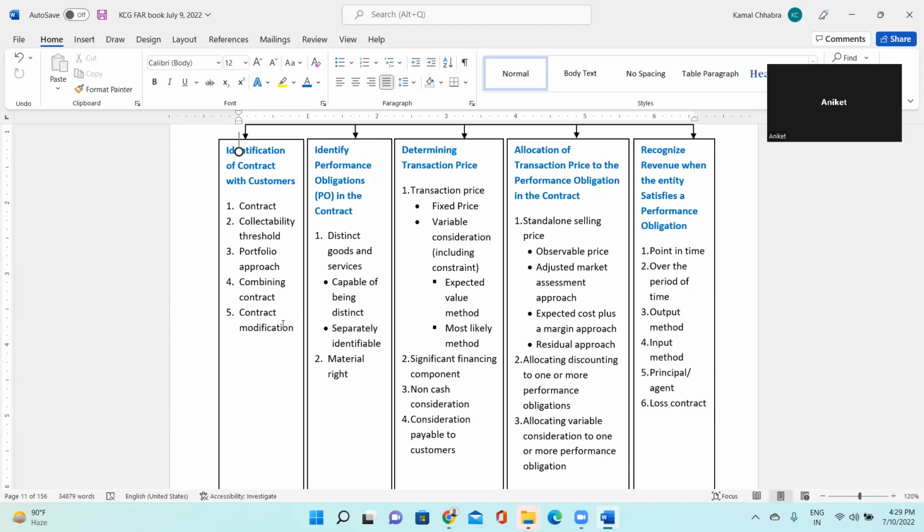So that is called input method, where you are providing raw material, labor hours, manpower hours, machine hours, right? That is called input method. Output method is where you are delivering the output to the customer and accordingly you are receiving the revenue. We'll be discussing more in detail, don't worry, but high level, any doubt, just let me know. नहीं sir, ठीक है, perfect.